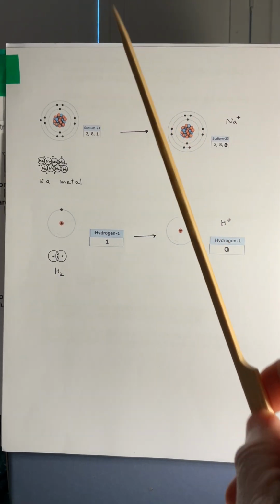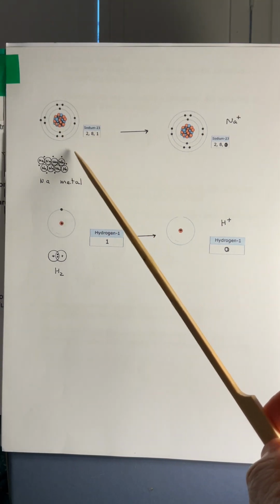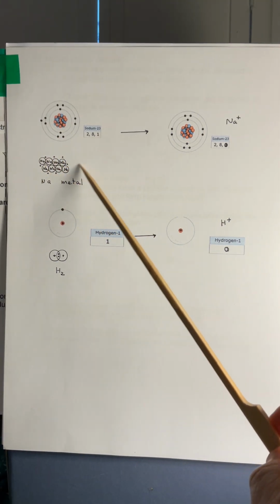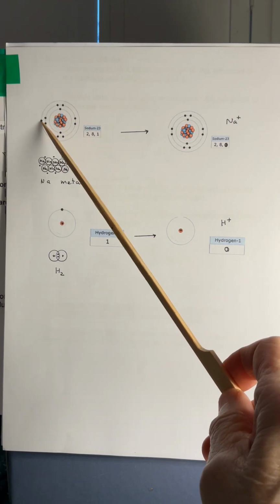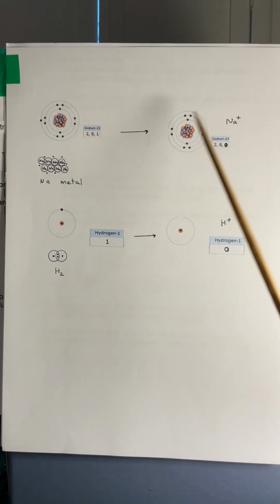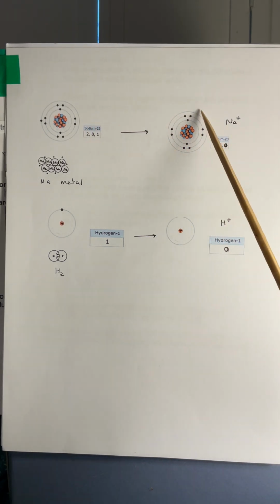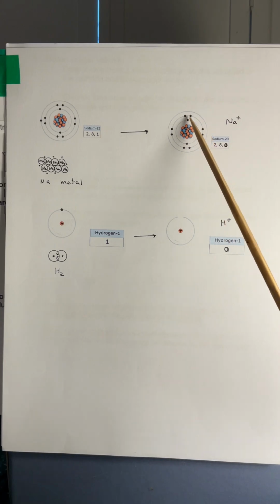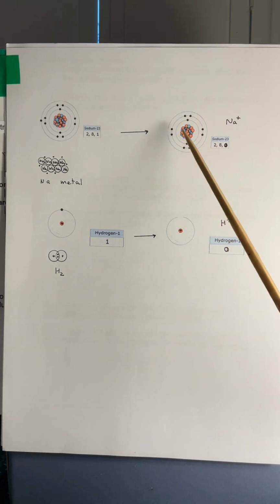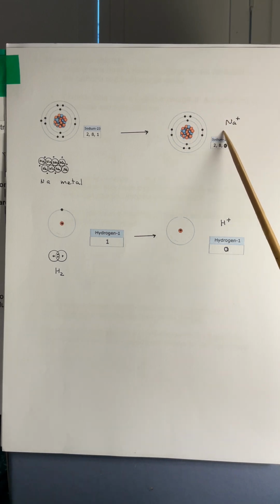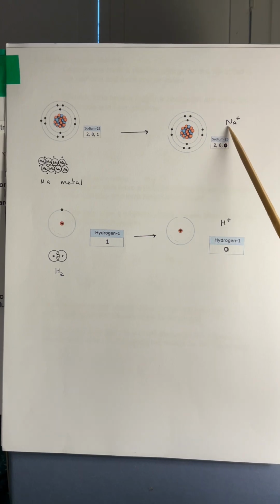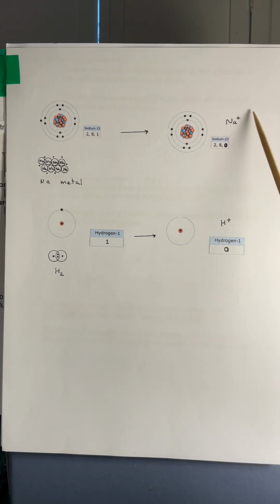So just a reminder of the electronic structure of sodium. Sodium is a metal, that's a metallic structure. It has 1 electron in the outermost shell. And when it reacts and becomes an ion, it acquires a more stable electronic structure with 8 electrons in the outer shell. And having achieved this structure,